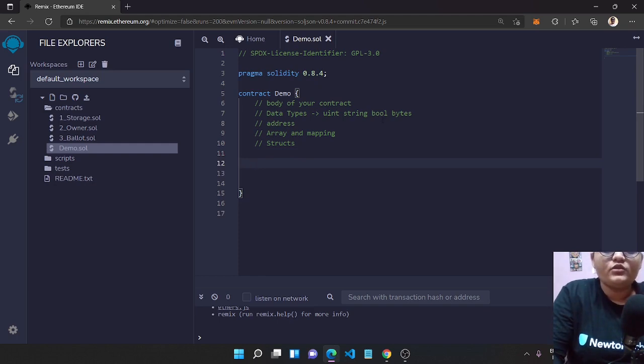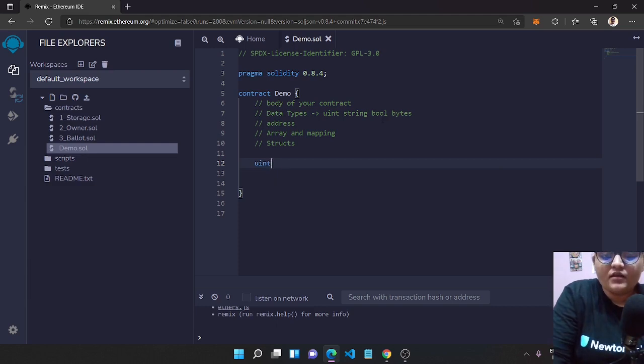Now if you want to create a variable that stores integers, we are going to use uint. And uint is a very big family in Solidity, because uint also includes uint256, which is equal to uint only. In the same way, there are a lot of types of uint in Solidity.